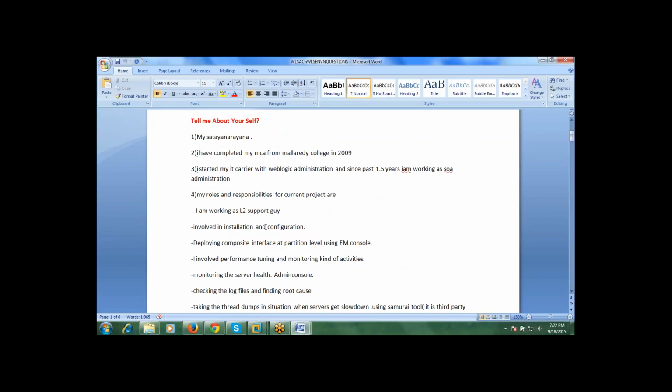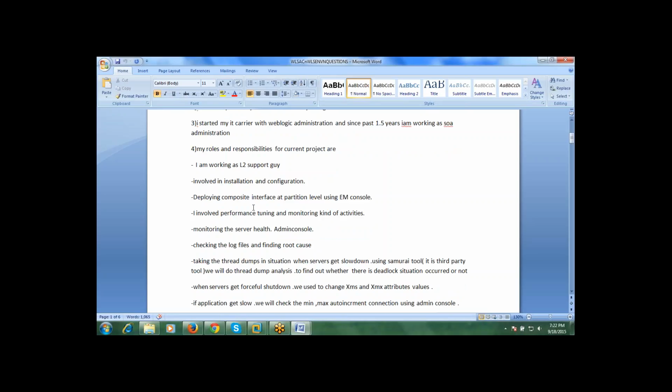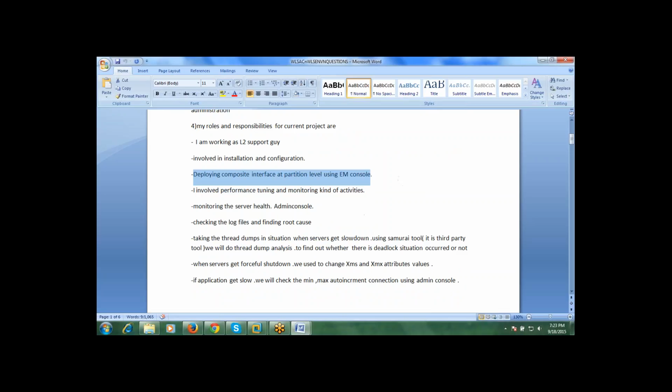Then after that, in my current project, my roles and responsibilities are: I'm working as an L2 or L3 support person, involved in day-to-day tasks like installation and configuration, creating the node manager, and monitoring and other things. Installing and configuring those configurations and setting up multiple domains, then deploying the applications into the WebLogic console using various methods, and I am involved in performance tuning